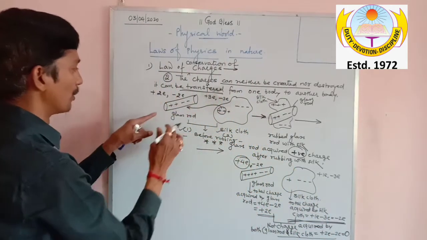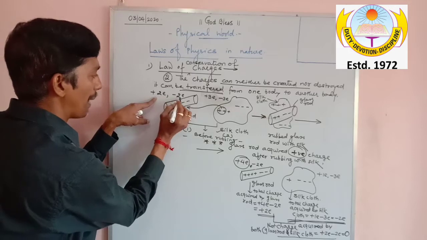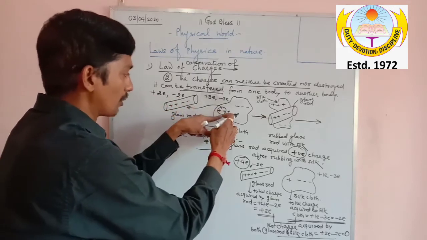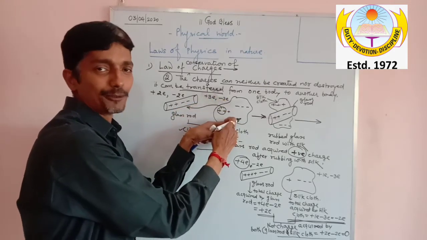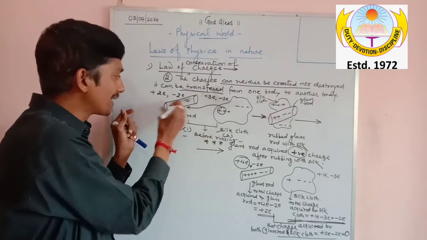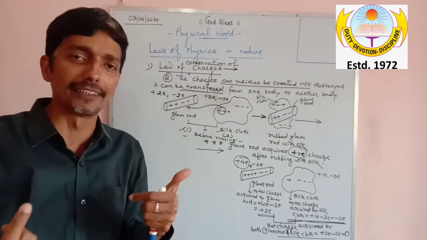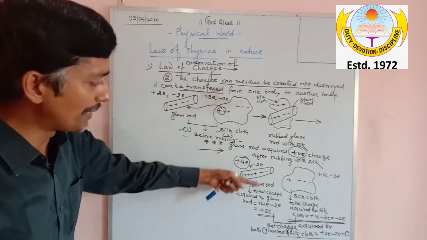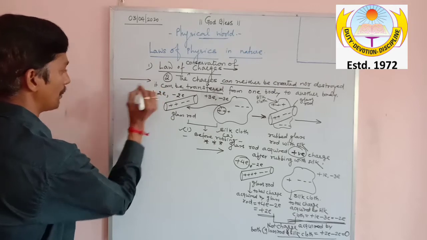And see here also, that is before rubbing also, plus 2E minus 2E, the total charge acquired by the glass rod is 0. The total charge acquired by the silk cloth, plus 3E minus 3E, is also 0. So even before rubbing, the charge on them was 0, for any atom, because it is electrically neutral. Am I clear? So what statement will come from here? Try to understand and then I'll make a statement. The statement will be,